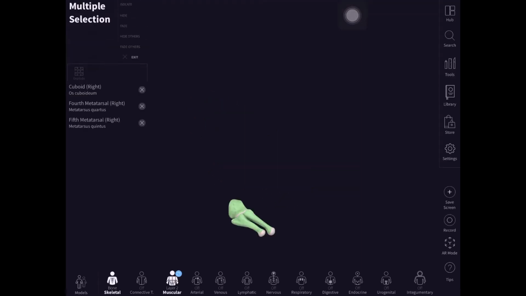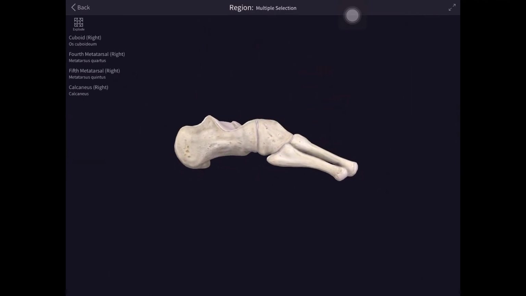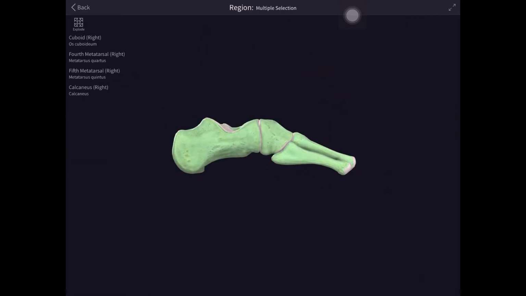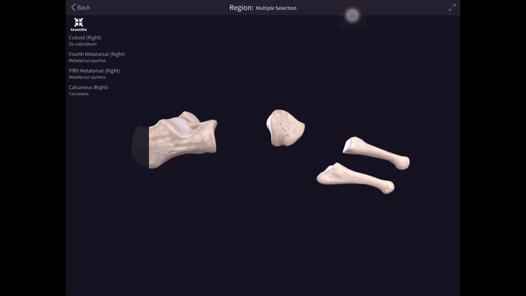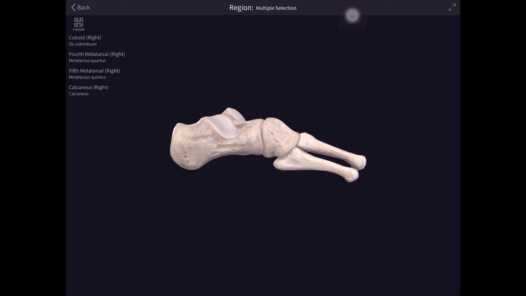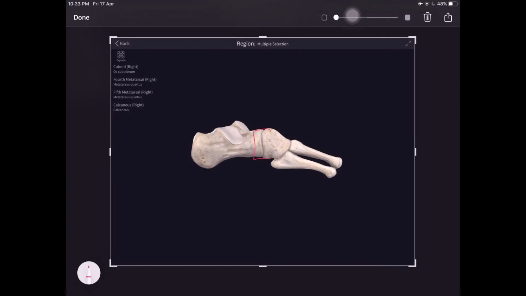So let us see this in the app. Let us add calcaneum to this and go to isolate mode, and if you explode this, you can see this is your concavo-convex surface, and the joint which is formed is here. So this is the calcaneo-cuboid joint. It is a finest example of your saddle variety of synovial joint.